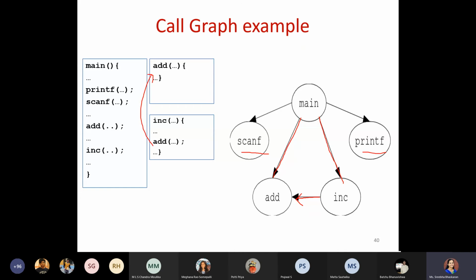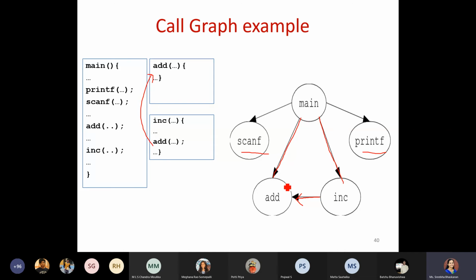We will not show any return address part because it is understood. Once you see this graph, it is clearly understood. From main function, you are calling printf function. Once it is done, the control will automatically go back to main function itself. That is implicitly understood.